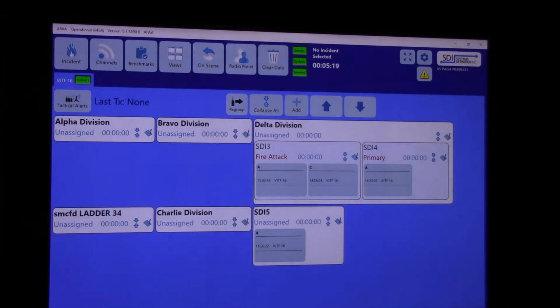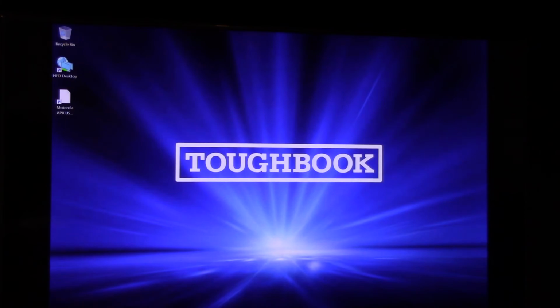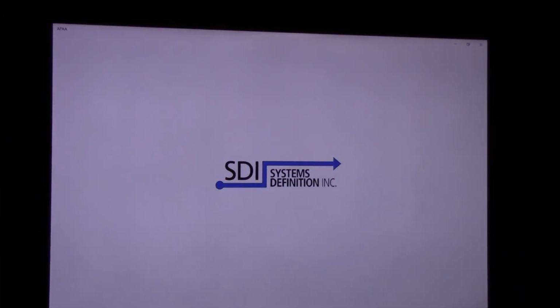So here, let me show you. Oh, we do have a high rise tab, don't we? No, you don't. Let me show you how this is going to work. I'm not going to save it, but I'm going to